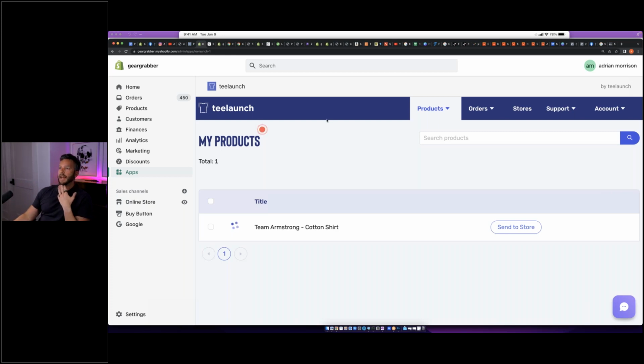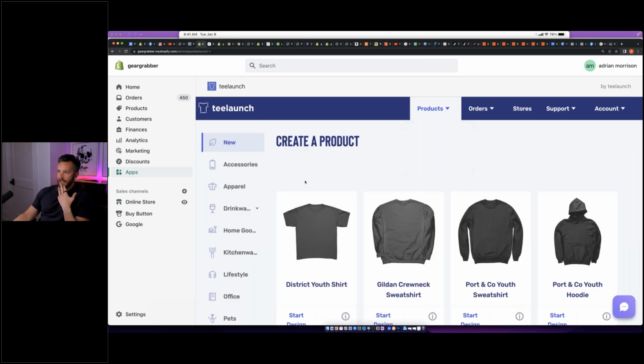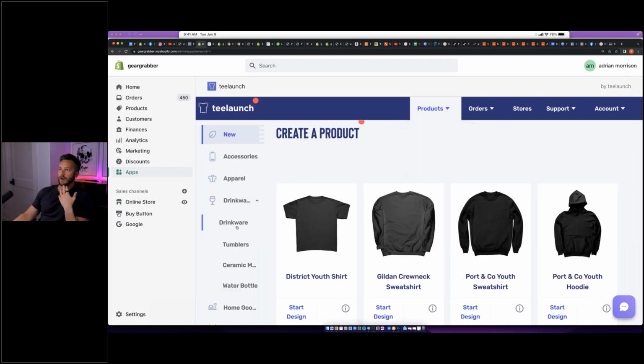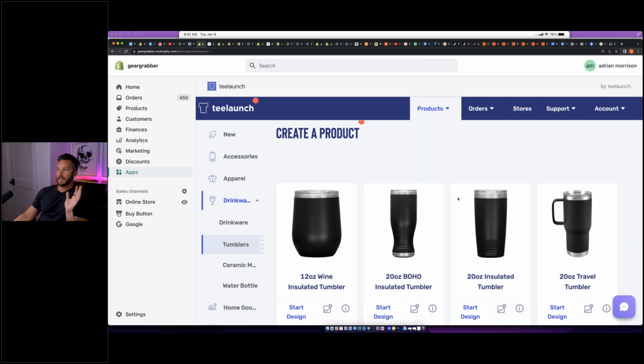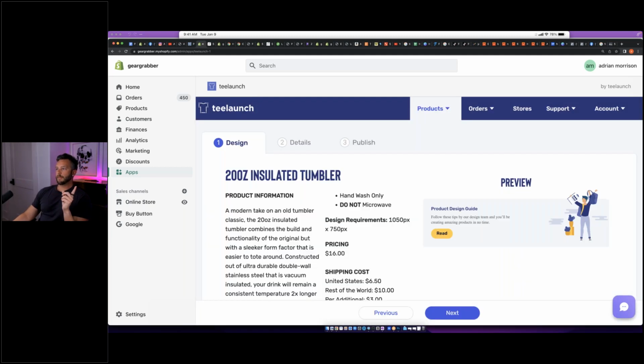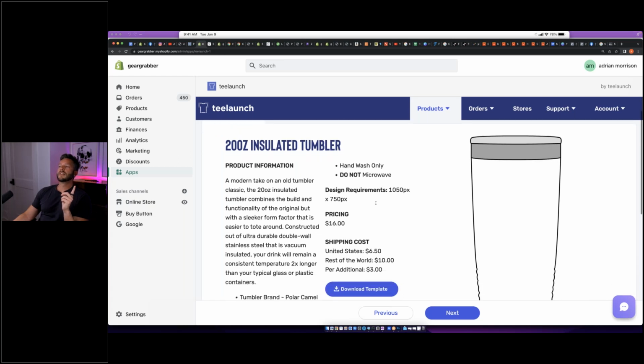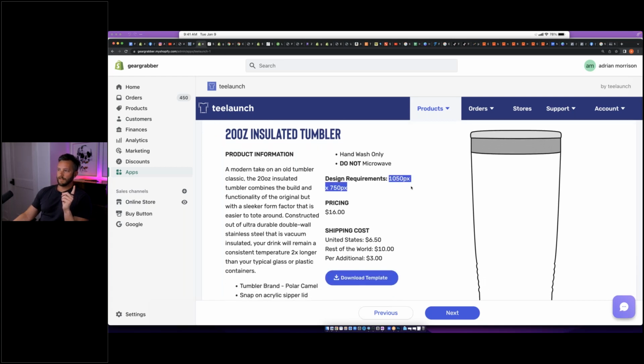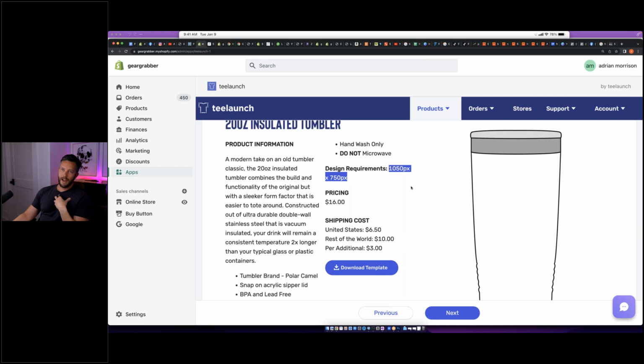Then I'm like, okay, now let's take this and put it on drinkware. So take all of those names and put them on tumblers. But you see, when you do a tumbler, it's going to be a different graphic size. You see, it says it needs to be 150 by 750. You shouldn't have to worry about this.